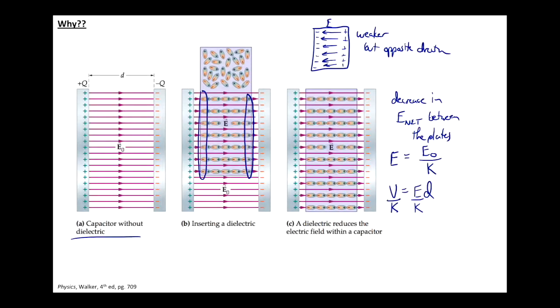Yeah. I want to add to this slide a little bit. We didn't finish everything that I wanted to talk about here. So we did discuss the idea that the electric field is dropping because I have a subtraction of electric fields, but we can write some equations to sort of spell that out better. So let's say that E sub D is the net electric field with a dielectric. The net electric field between the plates once I've inserted the dielectric, and it's going to be equal to the